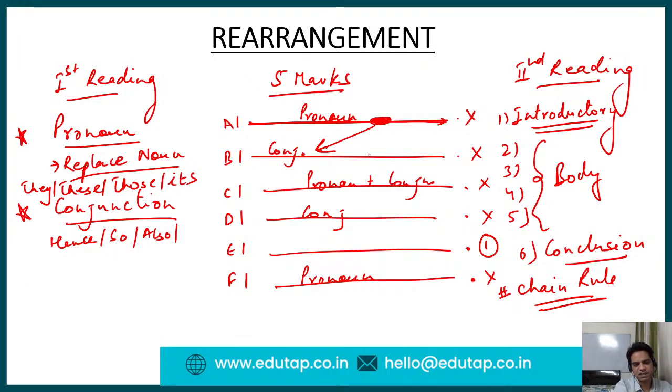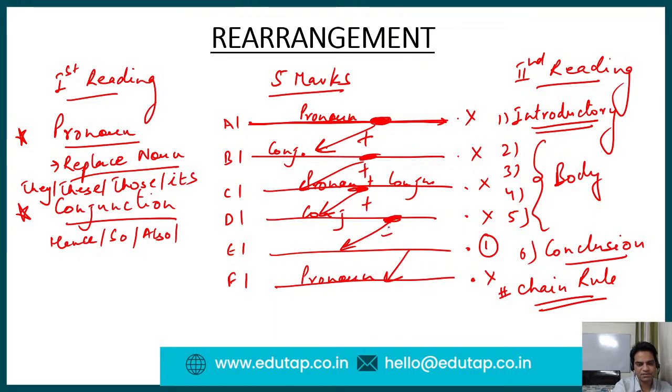If there is something given in the second sentence, it will be the part which will be connected with the third sentence. Then something in the third sentence will be connected with the fourth sentence. There will be some part that will be connected with the fifth sentence, and then all of these sentences will lead up to the last sentence. So what do we call this chain? So guys, making